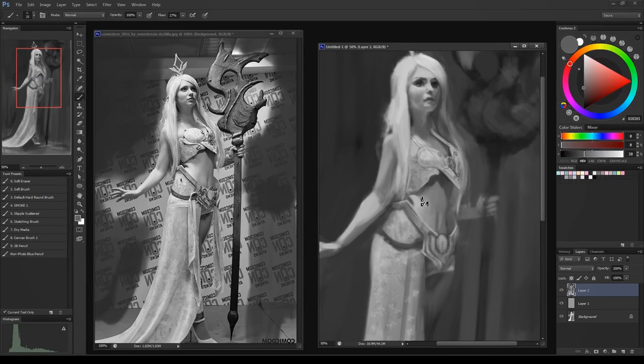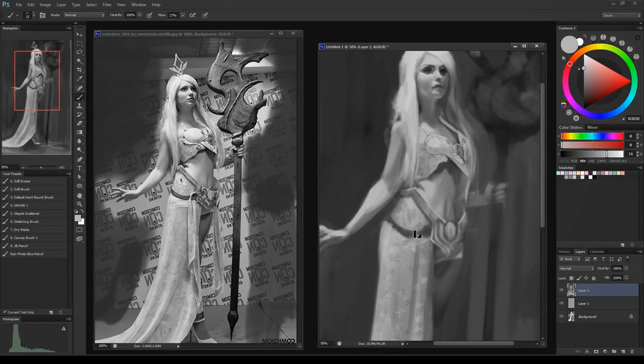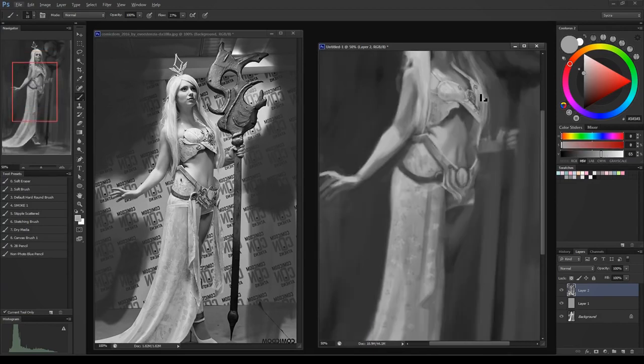I don't know. I struggled a lot with the torso, getting the values right. And I don't know if it shows where I'm struggling or not, but